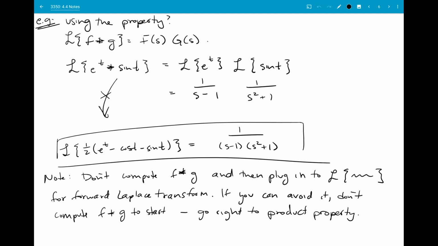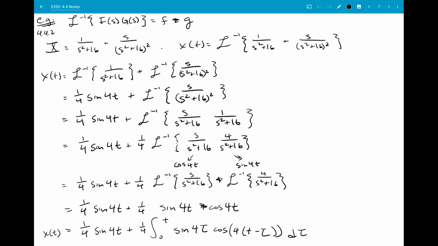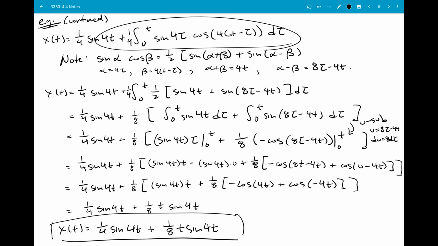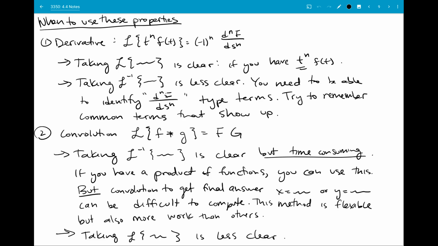but I warned you that computing f star g for this property is not really necessary or useful in the forward direction. So we did a backward direction example, taking the inverse Laplace transform of a product that gives us a convolution to show why we need to compute that integral so that we can find our solutions x of t. And it took a bit of work, but we did get the same answer as we had from the other approach to the problem. And so we talked in a little bit of detail about when to use these different